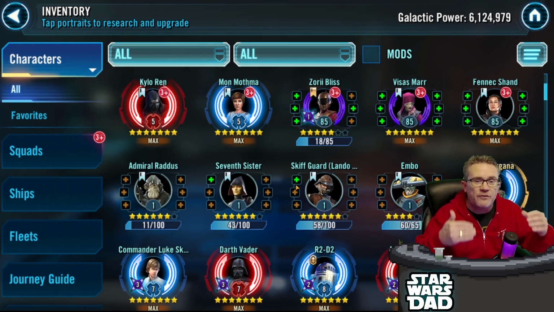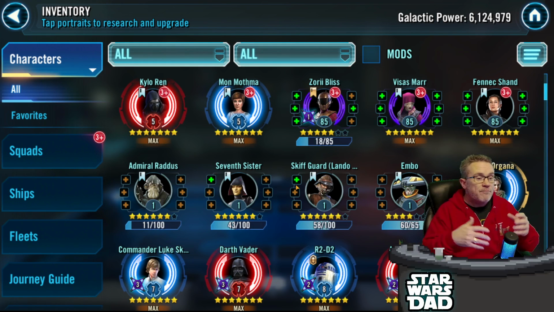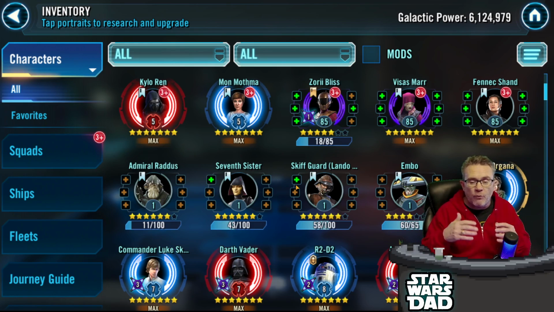Have you already achieved part of a journey? Have you already done Gas and Padme? And maybe you've done Bad Batch or still not there for some, or they're already 7-star. Maybe it's time for you to go for Lord Vader. I don't know. Do you have Wat Tambor? Can you look at what's maybe